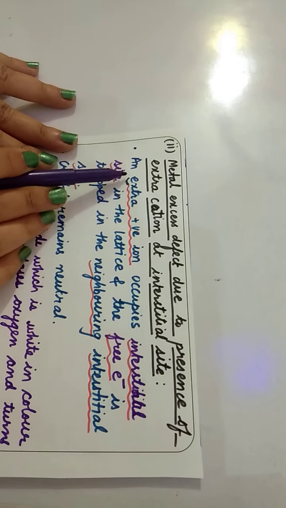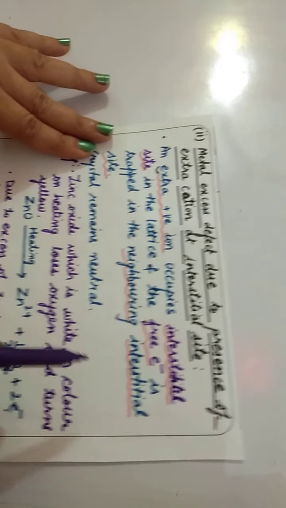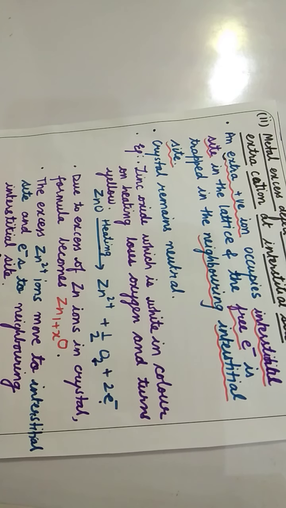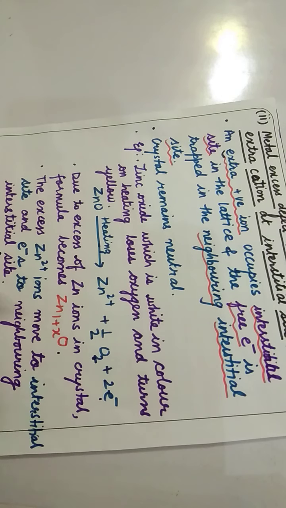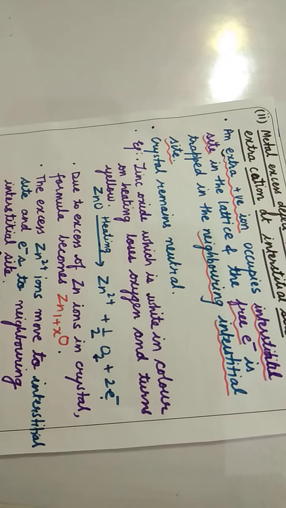So what is it exactly? An extra positive ion, Zn2+ ion, occupies the interstitial site in the lattice, and the free electron will be released. This free electron will occupy the neighboring interstitial site. So here Zn2+ comes, and here in the neighboring interstitial site, that electron will come. Here, and Zn2+ will occupy this interstitial site. So this is the second type of metal excess defect. Now